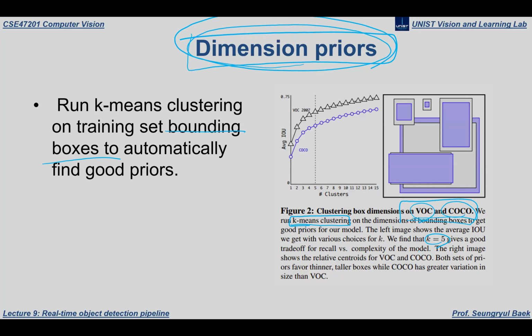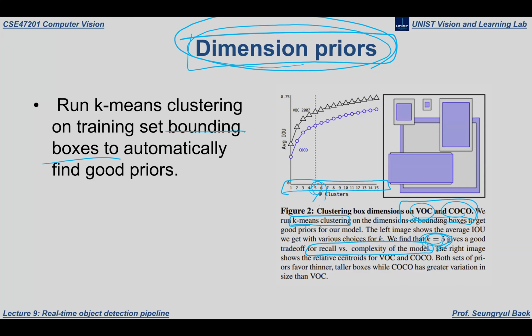They say that when k is 5, it has a good trade-off between recall and complexity of the model. So they use k equal to 5, and they divide all the bounding boxes from the training data into 5 clusters, and decide their